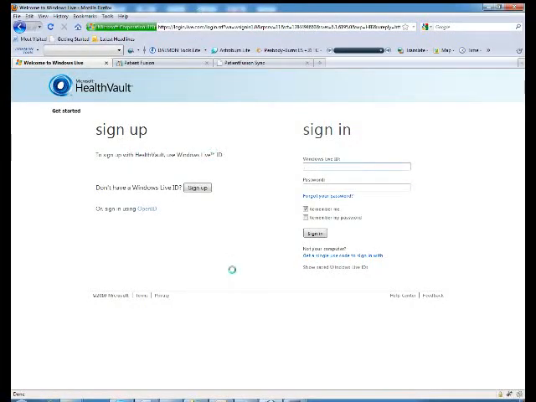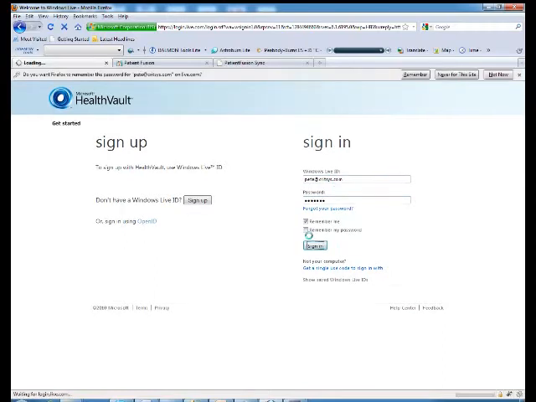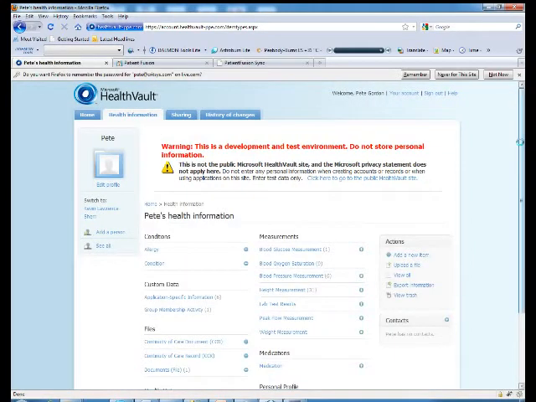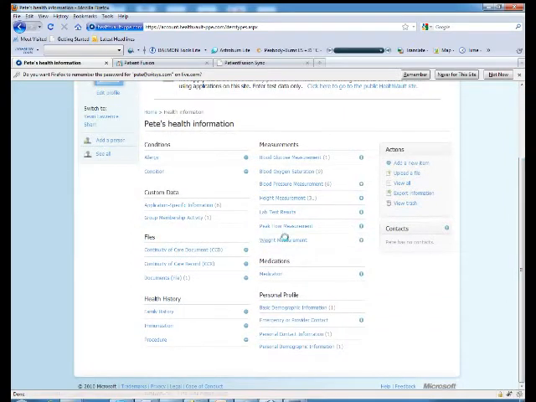Now that we've uploaded the data with the Ascali scale and our Windows Forms application through the serial connection, we are going to log into HealthVault and take a look at the data that we just uploaded. So I'm logging into HealthVault on the HealthVault development and test environment, and going into the health information, and then browsing down to the weight measurement